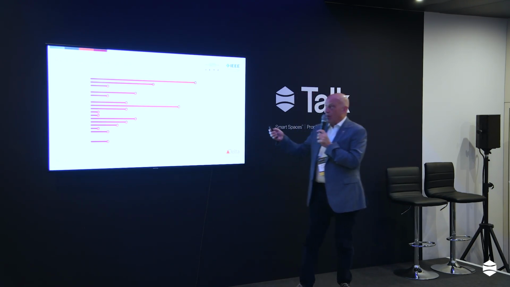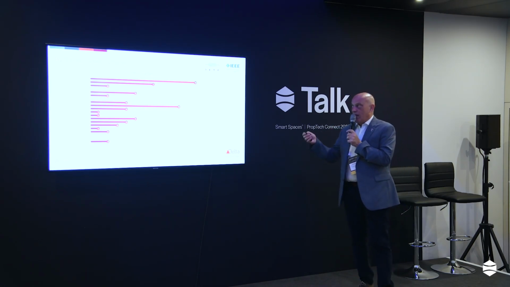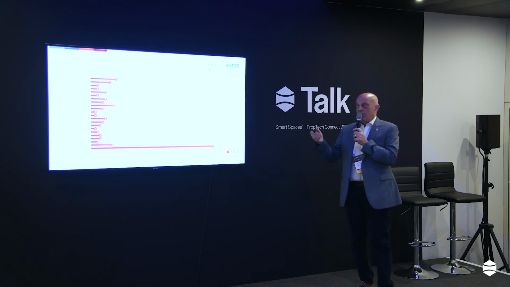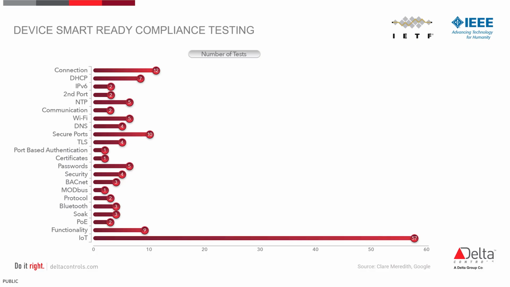There are 2 levels of device qualification. There's this testing to get a compliant device, and then there's another set of tests if you're going to connect the building to the cloud. And that really means that you then need to have a load of IoT tests for transmitting the data to the IoT. These numbers are the same. If I go back a slide, you can see it's 12, 7, 2, 5. Same number of tests, but you can see here, the reason it's all shrunk is because there's quite a lot of IoT tests that they do.